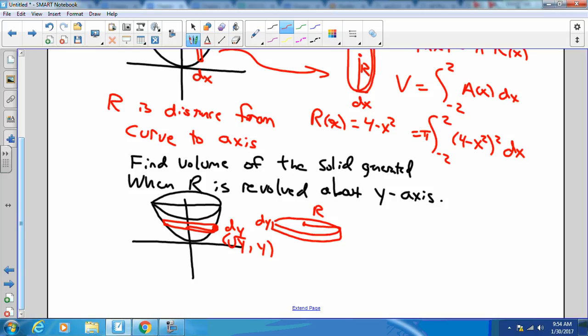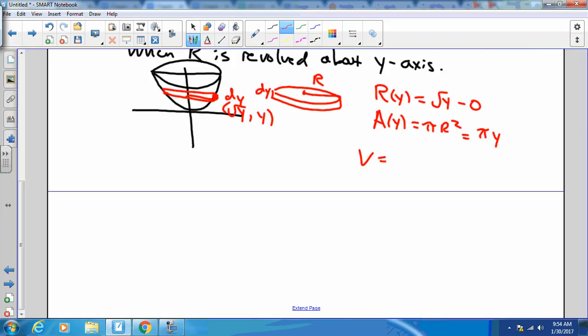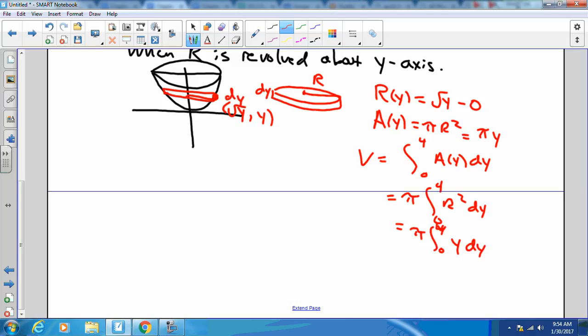So if I label this point right here as y for the y coordinate and root y for the x coordinate, then the radius as a function of y is simply root y minus axis, which is x equals 0. And the area of my cross section is then pi r squared, which is pi y. And the volume will then be the integral from first to last of area dy, or pi r squared dy,